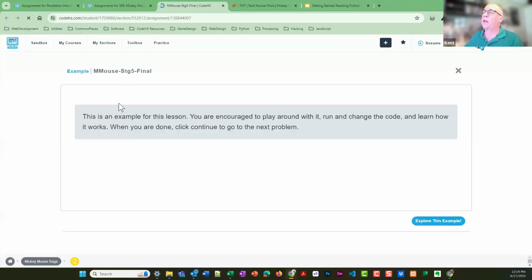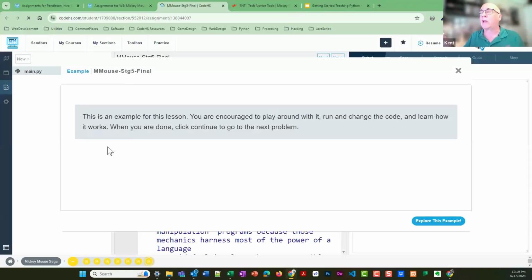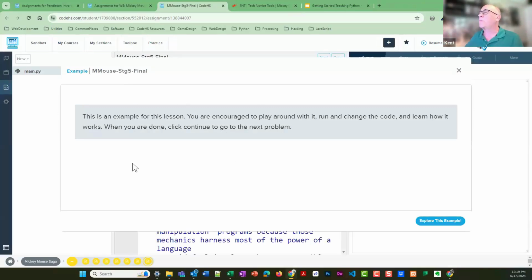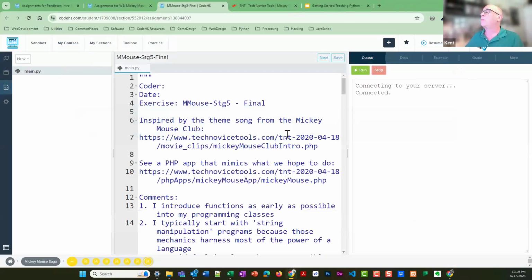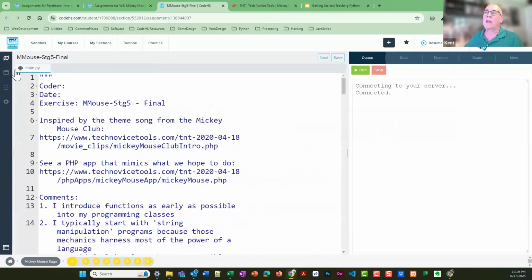And as a teacher, when you craft your own lessons, you can come up with your own explanation of what's going on here. I didn't take the time to do that because I did that within the lesson itself. So here I've got a panel of code. Now, typically, I'm only using one module here or one interface, and I don't need this. So to get extra space, I'm going to click this little button there, and it kind of hides that and gives me lots of wiggle room here. And so this is your editor, and then this is the running panel.